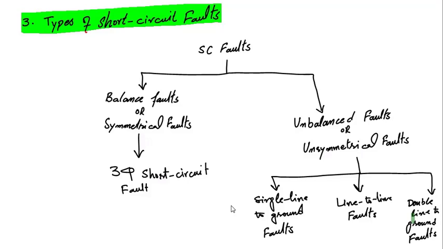to ground fault analysis? Remember, the results of these three fault analyses are used for the relay settings. So three-phase fault is performed for the rating selection, and single line to ground, line to line, and double line to ground fault analysis is done for the setting of the relays. The setting of the relays means what should be the sensitivity of setting, what should be the pickup value of the relays to detect the fault. So for relay setting we do the unbalanced fault analysis, and for rating selection we do the balanced fault analysis.